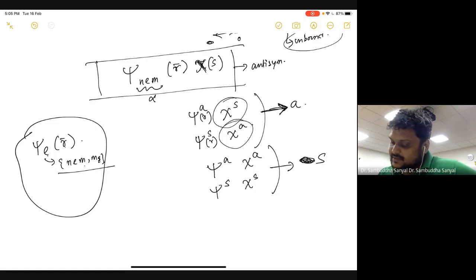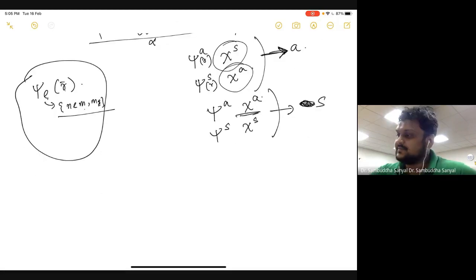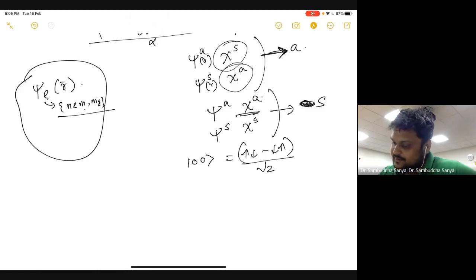That can happen in two ways, either antisymmetric or symmetric. So then we know that for the hydrogen molecule, for two spins, what are the possibilities? We know these are the possibilities. This is either 0, 0, which means up, down, minus down, up, by √2. So that's a singlet, and a singlet is an antisymmetric state.